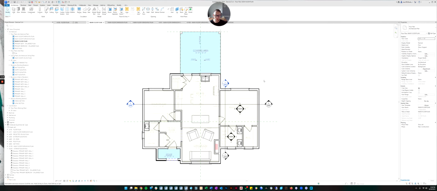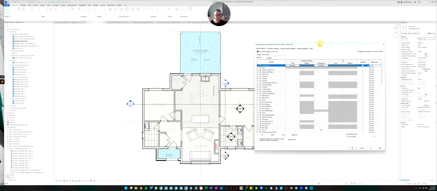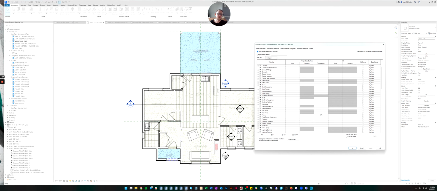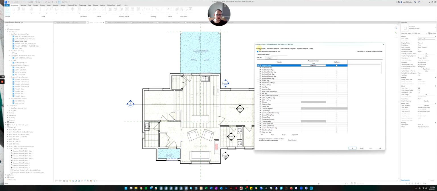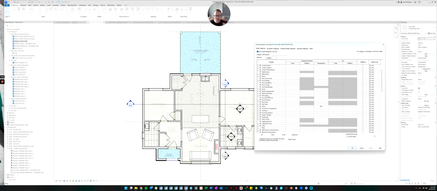All right, so back to what we were doing. We were opening the visibility graphics panel. So I hit VG on my keyboard, and here we are. So we want to shut off the interior elevations. Sometimes you're not sure which tab things should be on, if they're considered a model category or an annotation category. Some things are clearly model categories, like furniture is probably a model category, right? Because it's a physical piece of the model.